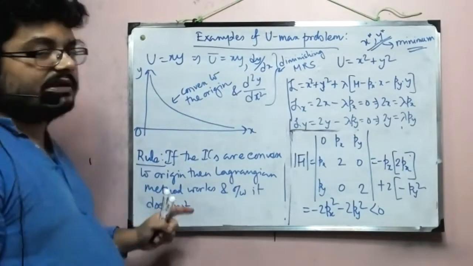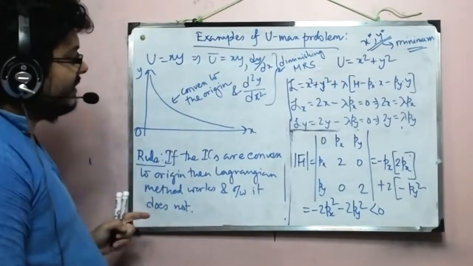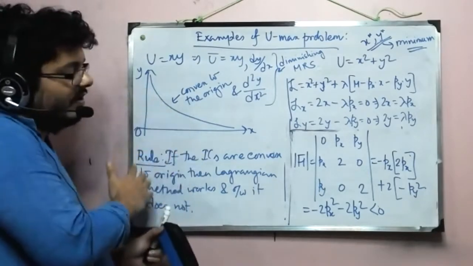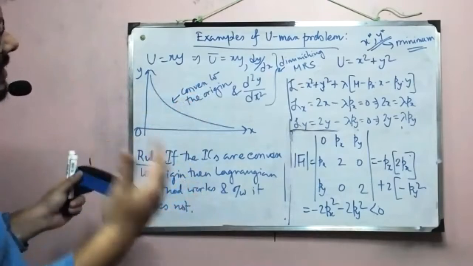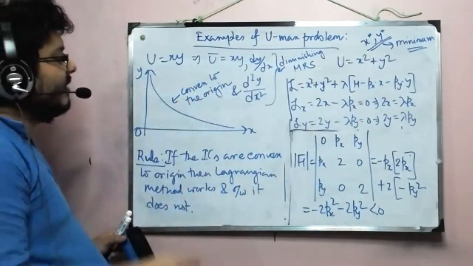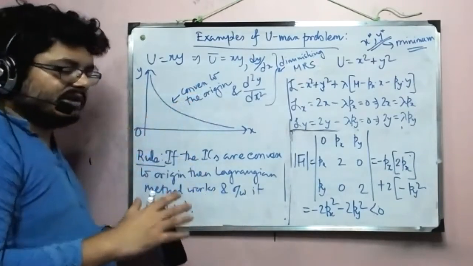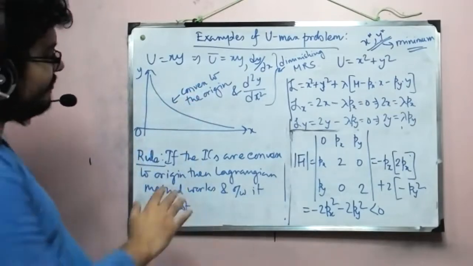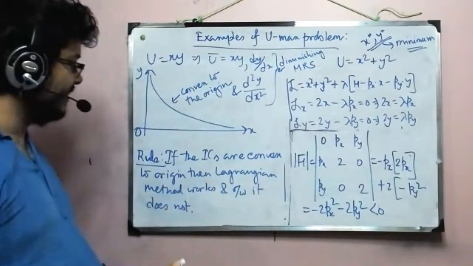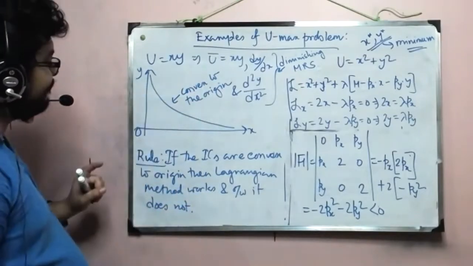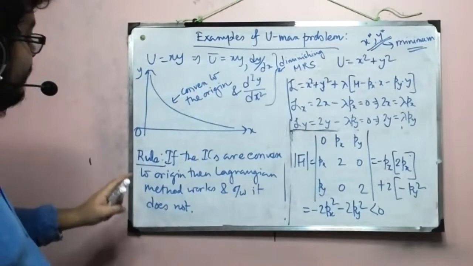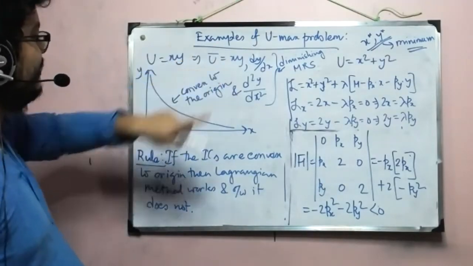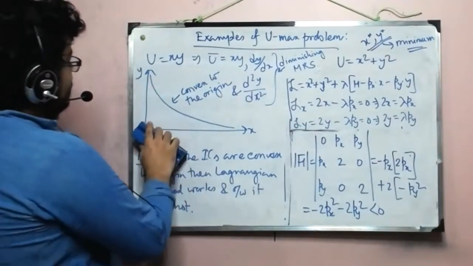And again, we have seen that this strict convexity is actually required just at the point where you are optimizing. So beyond the point of optimization, it can be anything else, and that doesn't really bother. But here we are talking about a stricter and more secure setup. The secure setup is this: if the function is in general convex to the origin, then the Lagrangian method will definitely work. And that's how we check that. I mean the function, by function I mean the shape of the IC, not the three-variable function. Okay, the two-variable IC. So let's check the other one.